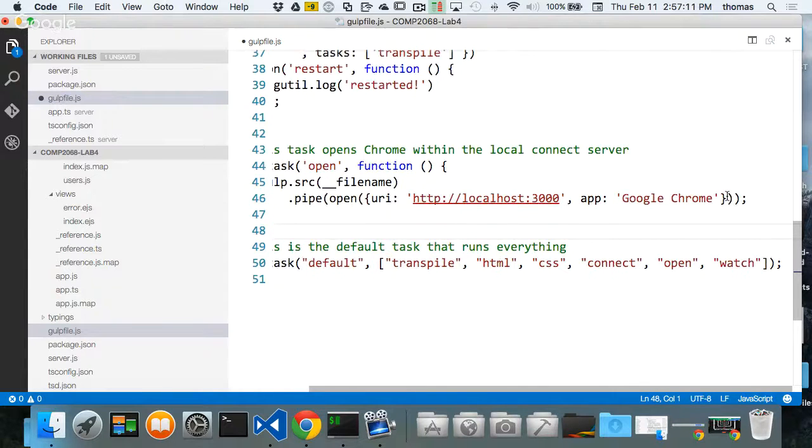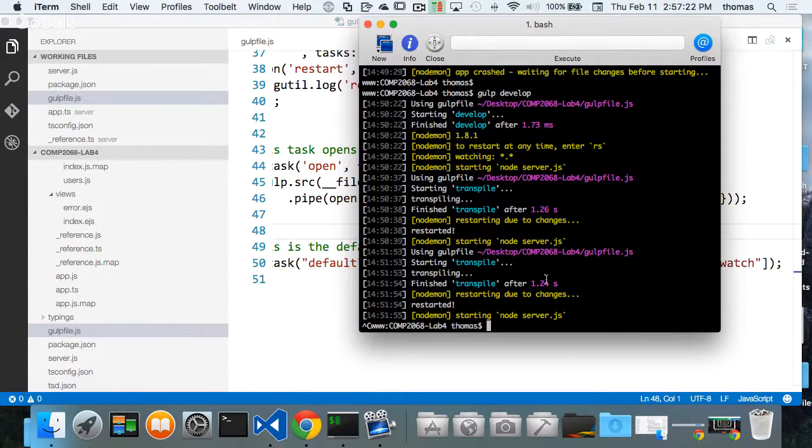And it says my app is Google Chrome. For you, this is going to be different because you're on a PC. Let's see, first of all, if it works for me on a Mac, because this is the first piece I want to do. And I'll show you what yours is going to be in a second. So if I go